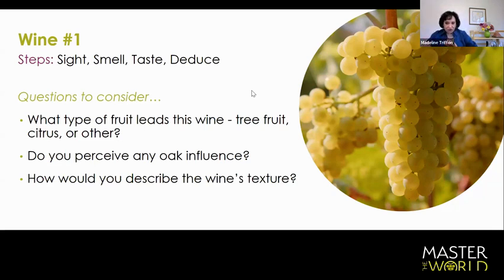But again, don't hang your hat on it in case you're thinking botrytis, or something like that, or actual RS. Let's take it on the palate. But I absolutely see what you mean. I think I've described at least 5 or 6 layers to this wine that is clear as